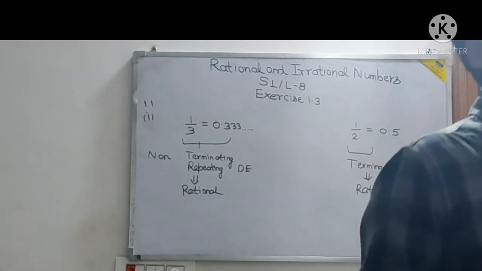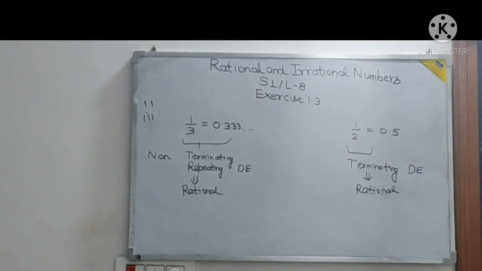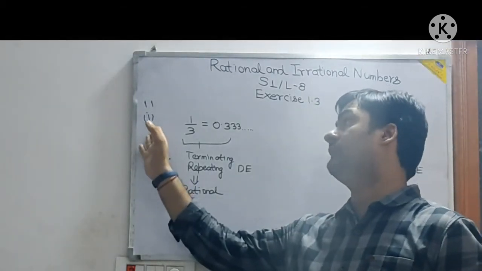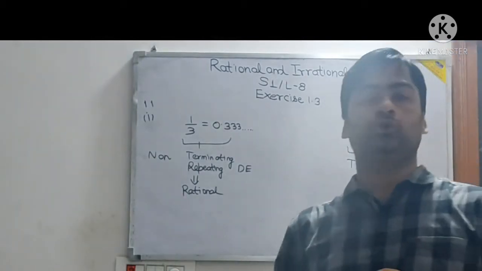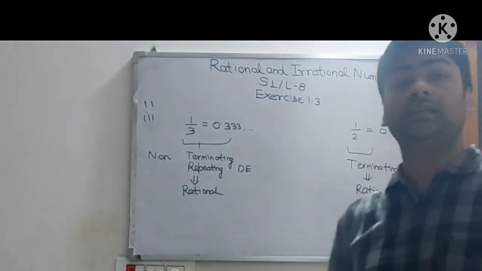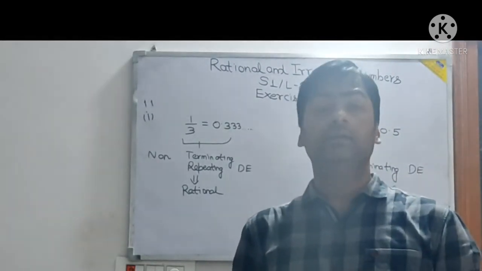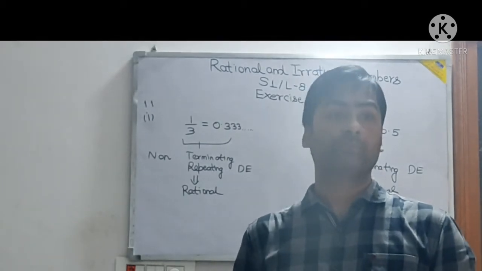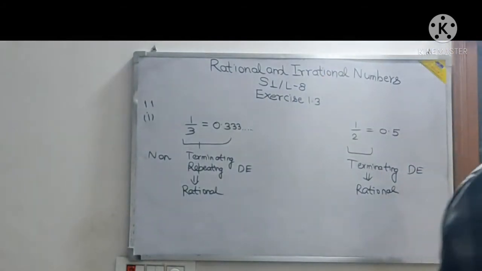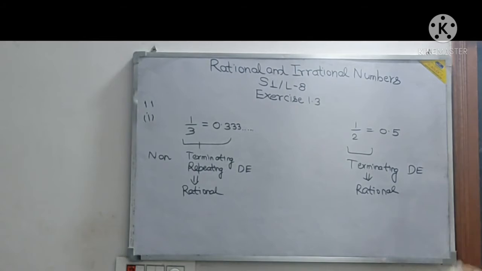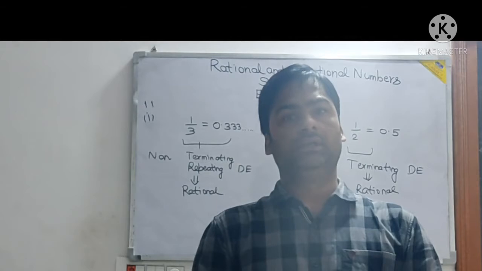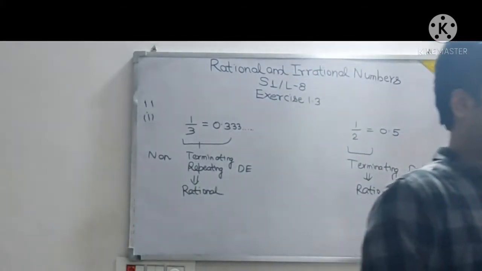And it may be possible that between two irrational numbers you have to insert an irrational number. That also is possible. So I am taking the opportunity from question number 11, first part, to explain all the different types of questions. I had been saying throughout exercise 1.3 that there are two types of questions. One is determining or judging whether a particular decimal expansion is terminating, non-terminating but repeating, or non-terminating, non-repeating. That thing we have judged, and now the only thing is inserting the irrational numbers. So this is the different type of question from question number 11 onwards.